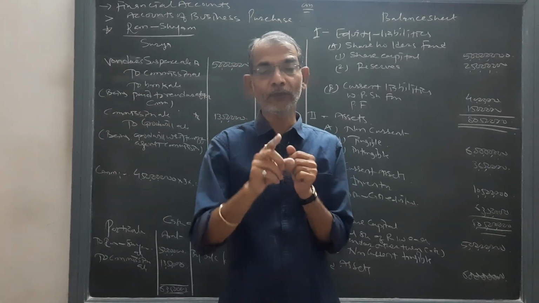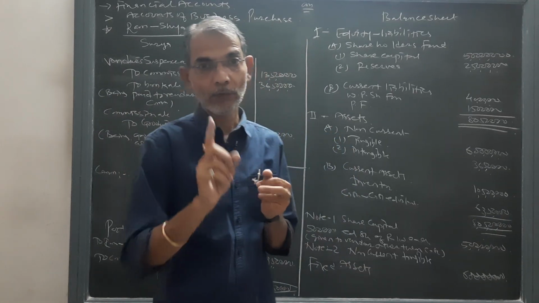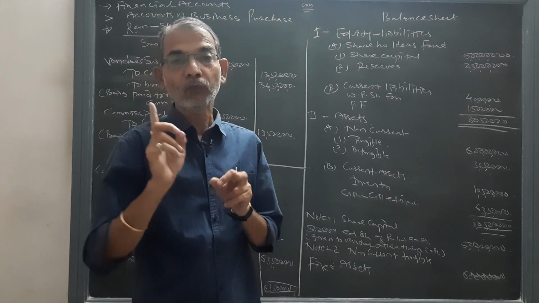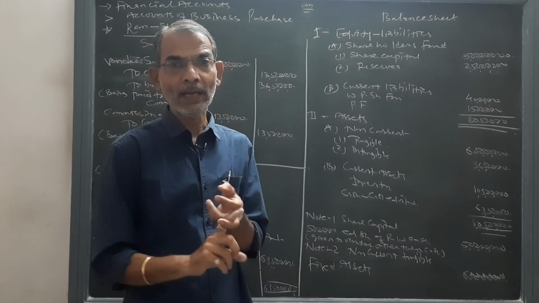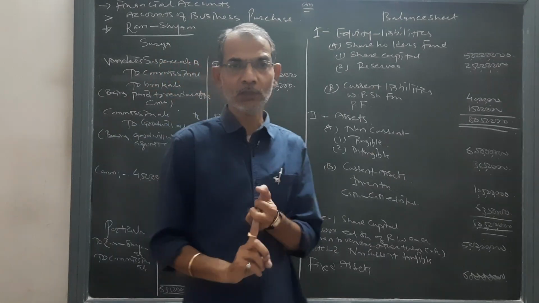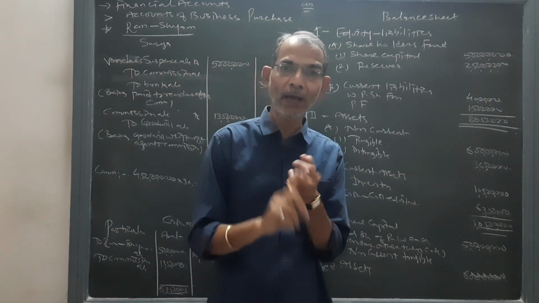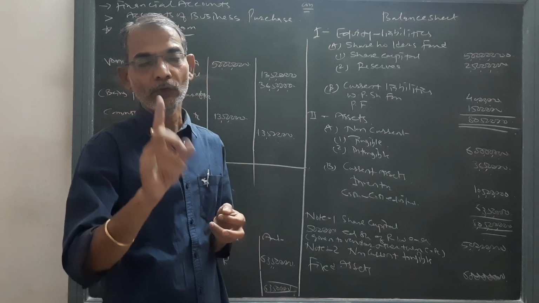So 7 crore 50 lakh were divided with 150, which gave us that 5 lakh equity shares are to be paid. So 5 lakh into 100, 5 crore was equity share capital and 5 lakh into 50, 2 crore 50 lakh